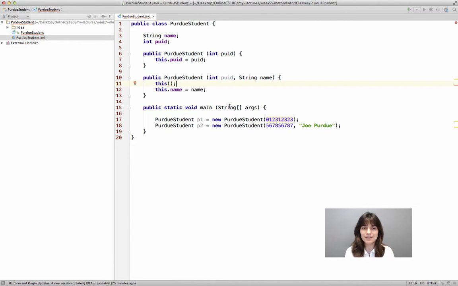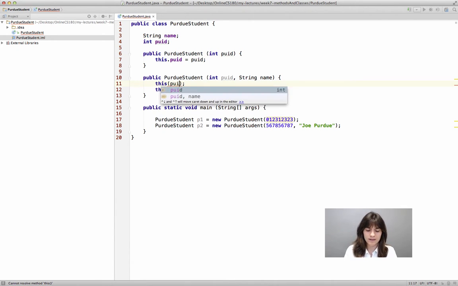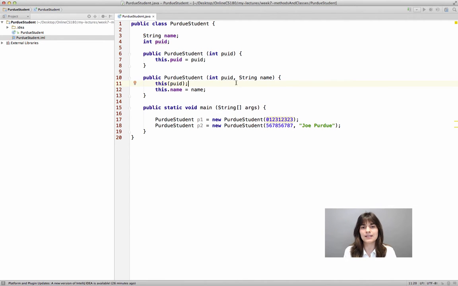We write this with a pair of parentheses. Now, inside the pair of parentheses, you already see the error that IntelliJ IDEA has marked. The pair of parentheses is not just there for pretties. It is exactly the same as if we were invoking a method. The other constructor takes as a parameter a Purdue ID. So we need to supply an argument here,